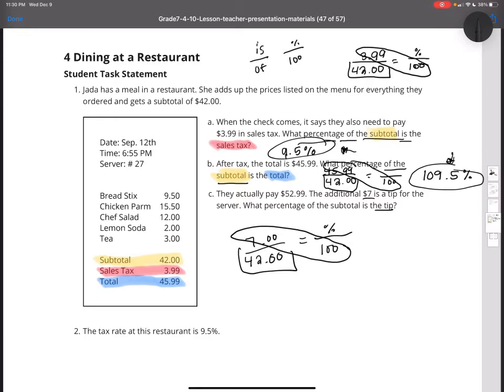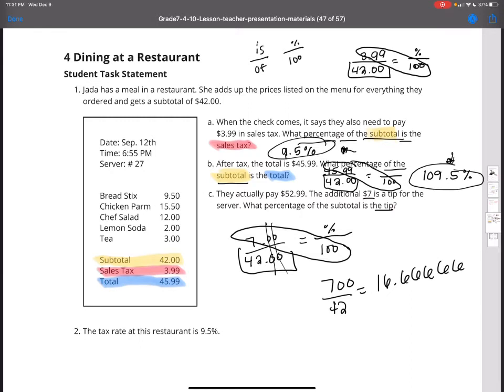So 7 times 100 is 700 divided by 42. And I'm going to drop the zeros because we really don't need those zeros. As a matter of fact, let me scratch them out so you can know at home you really don't need those zeros. Divided by 42. And it should be